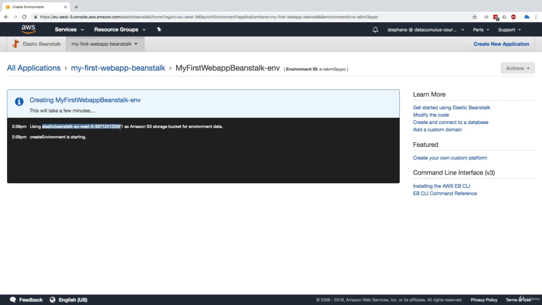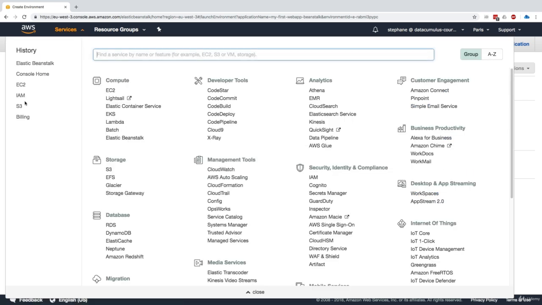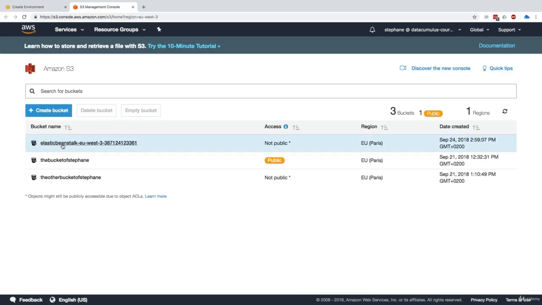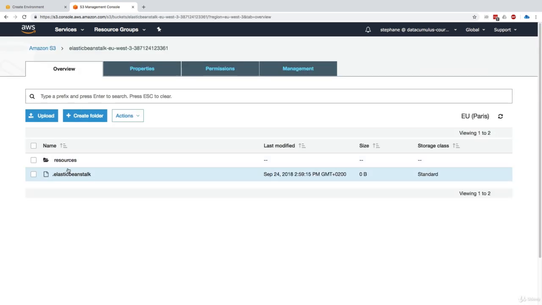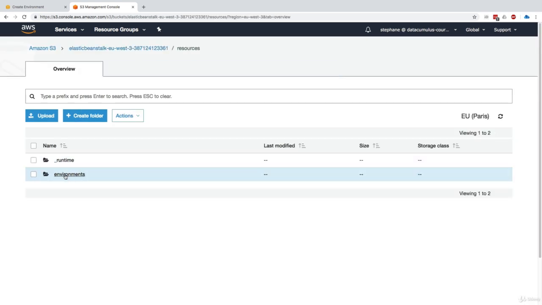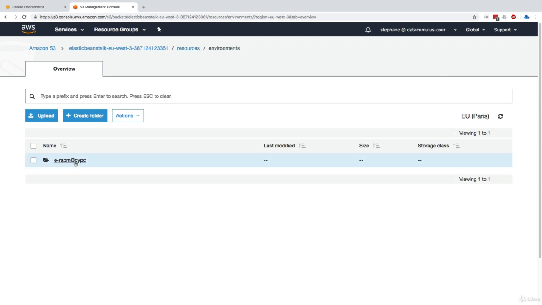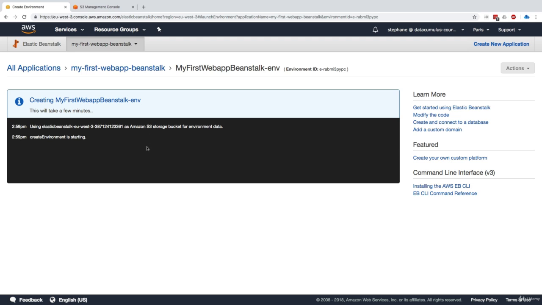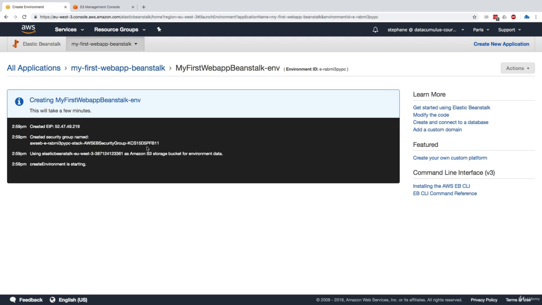It says, by the way, your application will be using an S3 bucket for your environment data. So if we go to services and go to S3 and see what happens, we can see that now we have a new bucket that was created by Elastic Beanstalk. And in this bucket, basically we can see there is a few files, and this is where we'll have all our runtime, our environments, etc., etc. This is not something for you to deal with, but it's just good for you to know that whenever you upload some code or whenever you deploy some stuff to Elastic Beanstalk, then it will create a bucket for you. So now what we have to do is just wait a few minutes until the application is created.